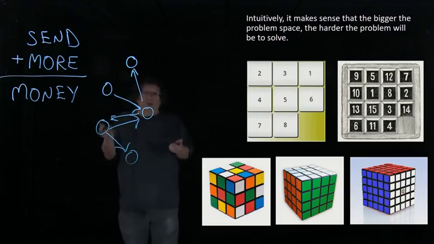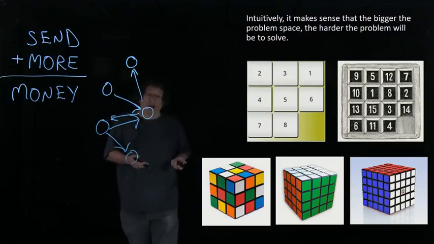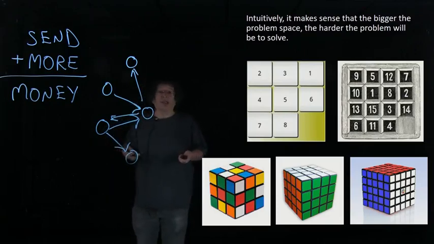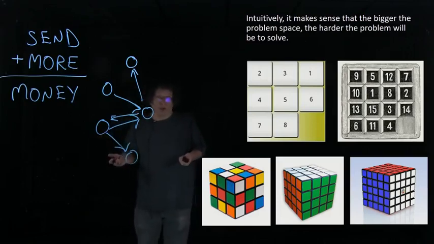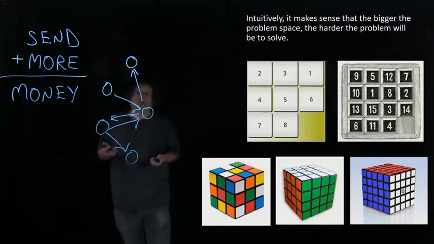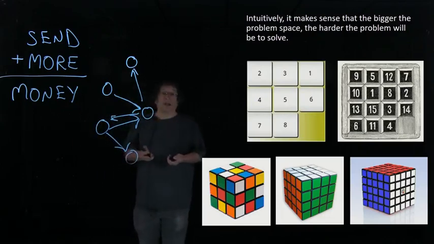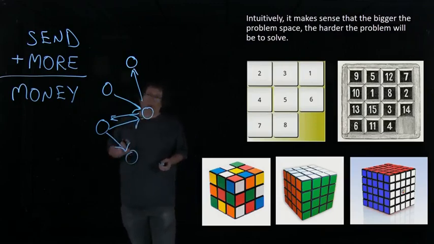Why is that? Well, we could actually put a kind of numeric measure to that by saying, how many distinct states are there in each of these puzzles? And our intuition is that the larger the graph, the more the possible states, then the harder the puzzle. Let's take a couple of examples. For instance, in the 15-16 puzzle, how many distinct states are there? That'll tell us something about how difficult the puzzle is. Well, I'm making a rough estimate here. In fact, it's not a perfect estimate, but a reasonable estimate as to how big the problem space is for